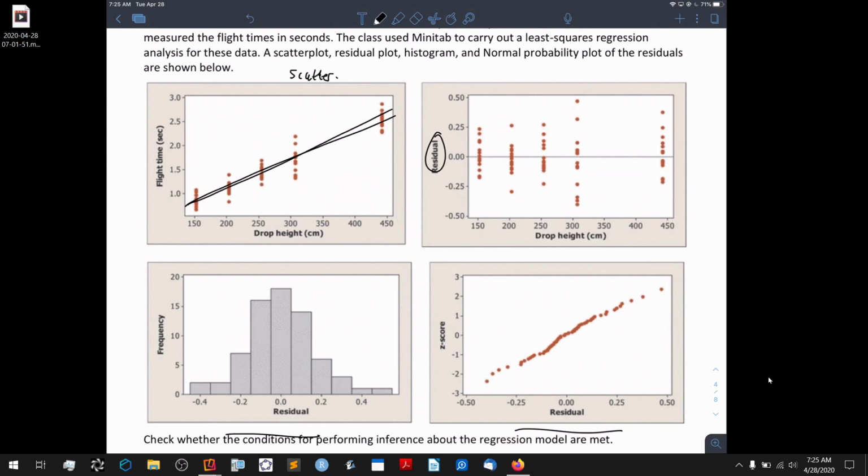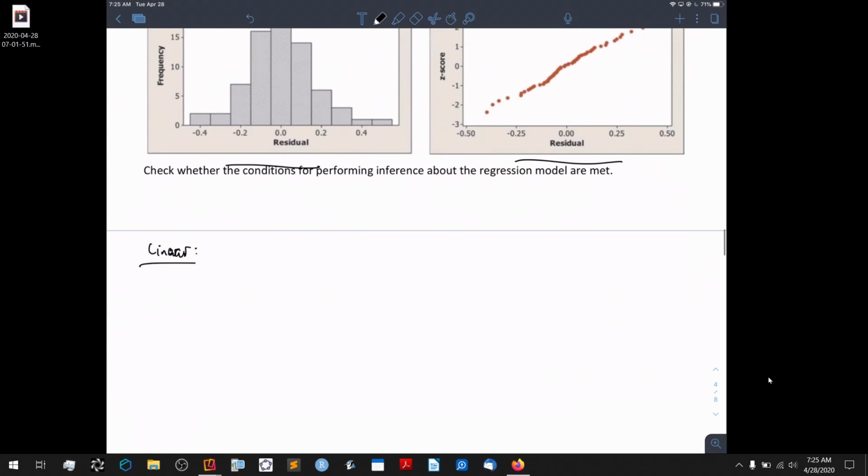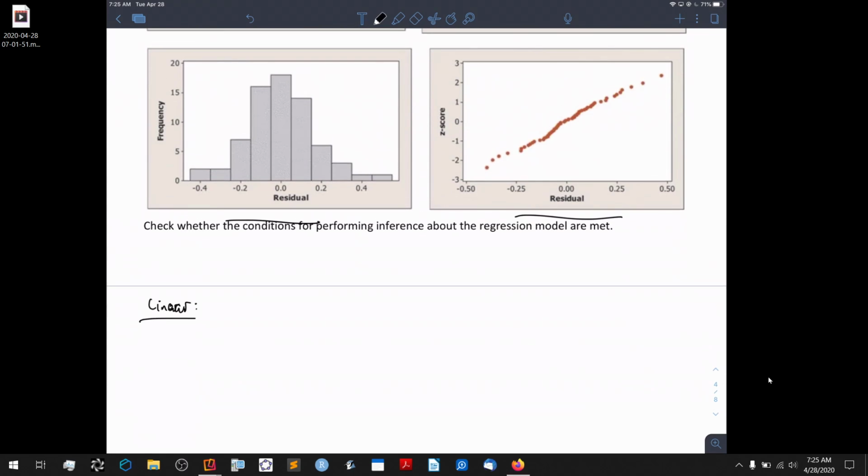There's clusters in the graph, but you can see a linear pattern. And the clusters make sense because I'm dropping helicopters from a fixed height, okay? So what we can say is just the scatter plot shows a linear pattern,